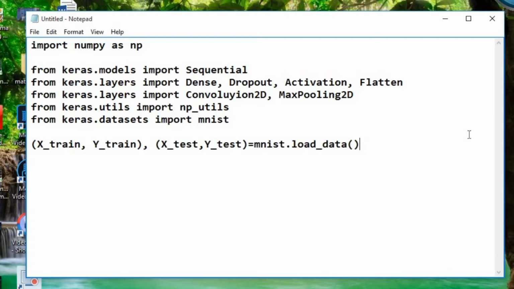So we have xtrain and ytrain, into which the data is already labeled, from which the model will get trained first. Next, the new data which has not been used for training will be used for testing purposes, and the classes predicted for this data will be compared with the y test, and accordingly the performance can be evaluated. So this is how the CNN model is going to work, and for that purpose we are going to load X train, Y train, X test, Y test.